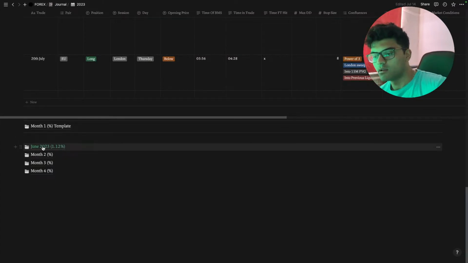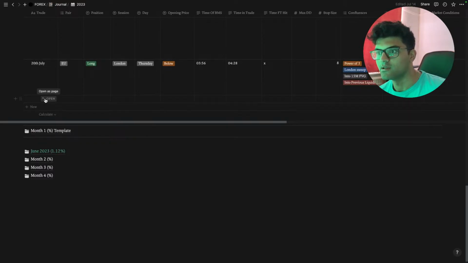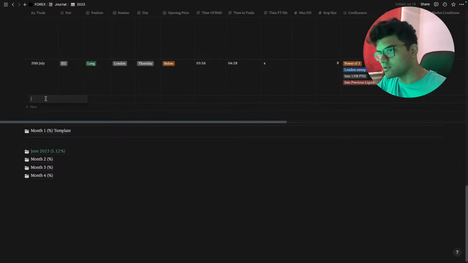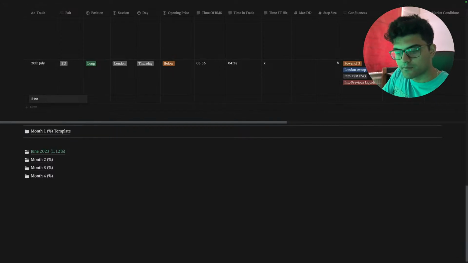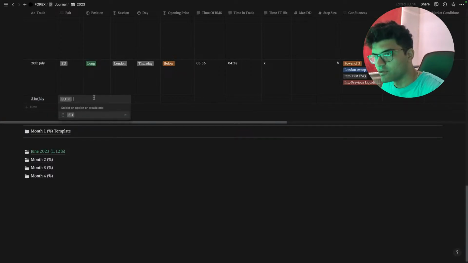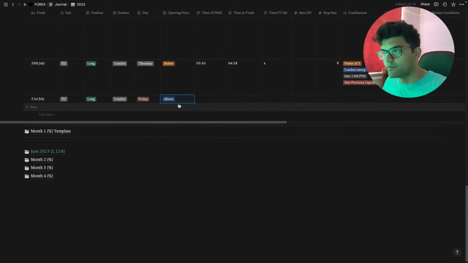Yeah, so I'm doing the 50K right now. I still need to get the account details for the funded challenge, but yeah, really cool. So let me just start journaling this one. 20th July was yesterday, so the 21st. It's a trade on EU. I'm currently long right now. I'll show you guys later. Friday below, yeah. So now let's look at